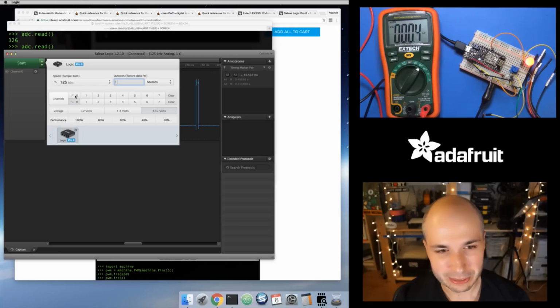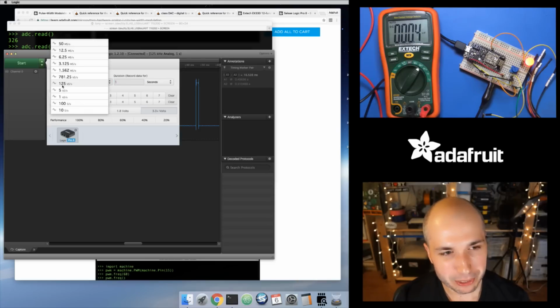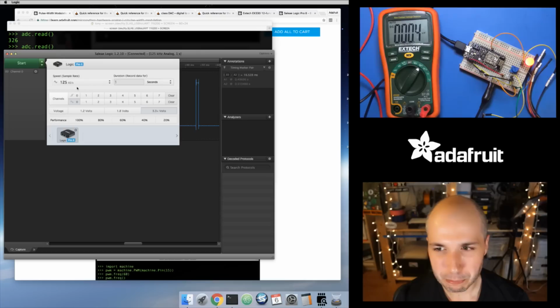It's a digital signal, so it's perfectly fine, but hey, we'll get fancy and we'll do the analog one. I got the Pro version, so I'm going to use those Pro features. Now the sample rate, I'm only going to sample it 125,000 times per second. I can go up to 50 million if I want, but I don't need to, just because I've got all